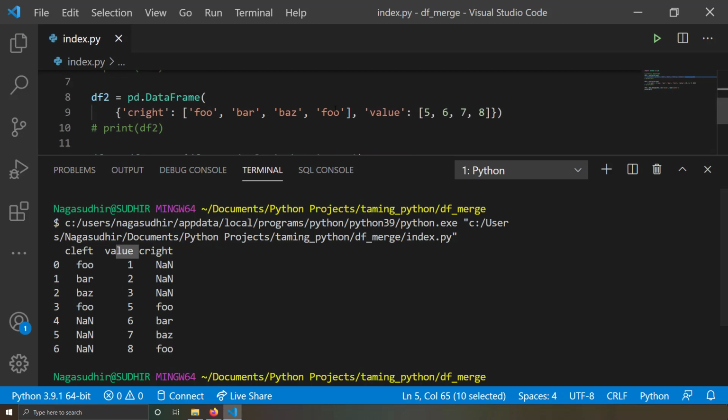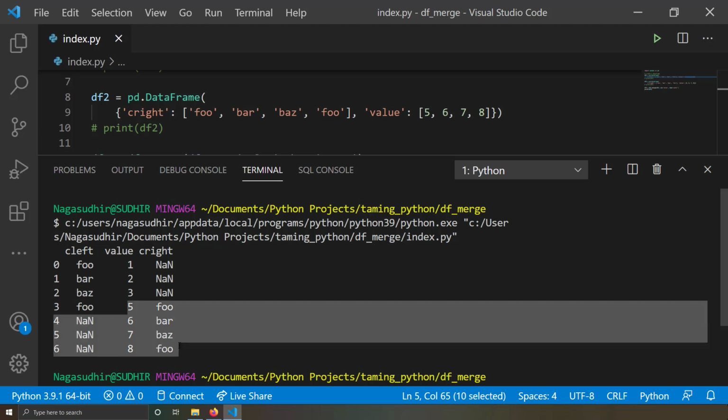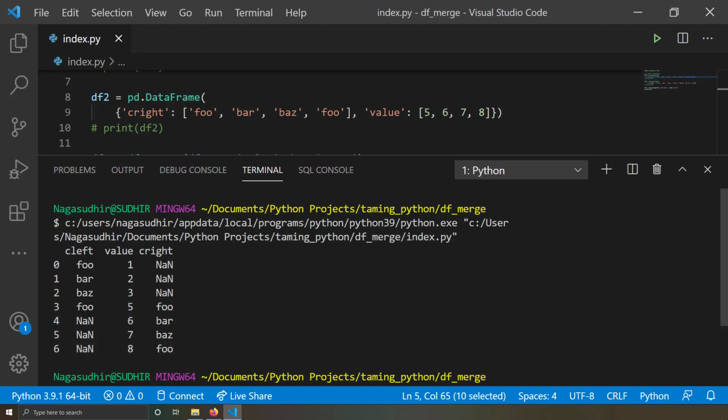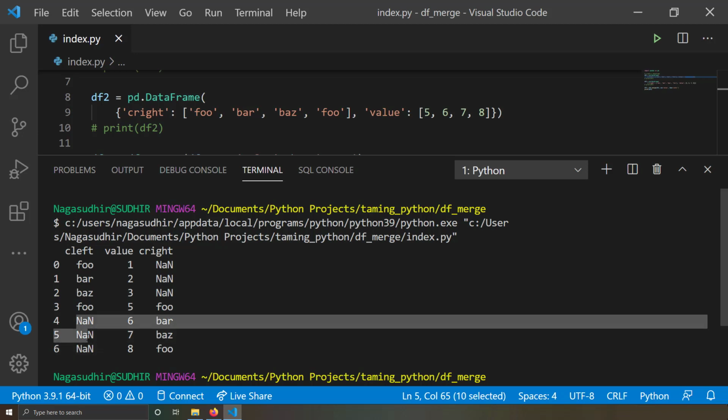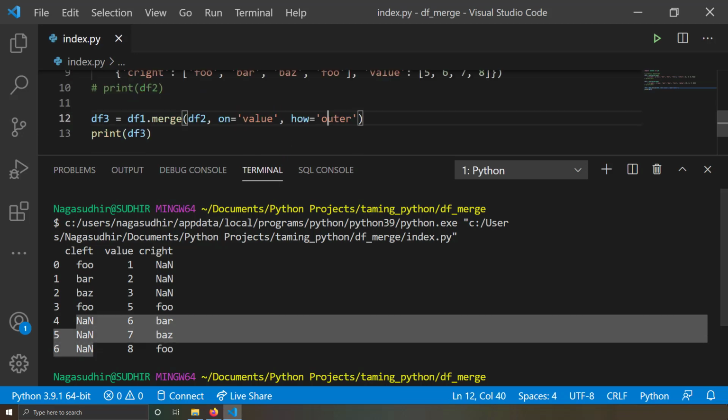But you can see one more interesting thing: while the left data frame is merging with the right data frame, and the right data frame does not contain the value 1, all the right columns will be considered not a number, which is something like none. So in an outer join, if you don't find a value to join, you just populate it with nan, not a number, or something like none in Python. So basically you are doing an outer join on the value column, and if you don't find a value in any of the data frames, you just populate it with not a number or nan. That's why you can see in these rows, the right data frame has values, but the left data frame did not have values, and these are populated by default as nan. That is how outer join works, right?